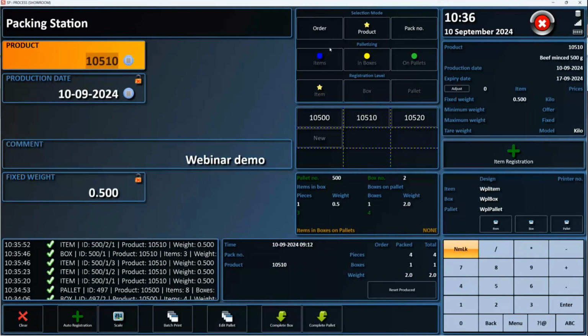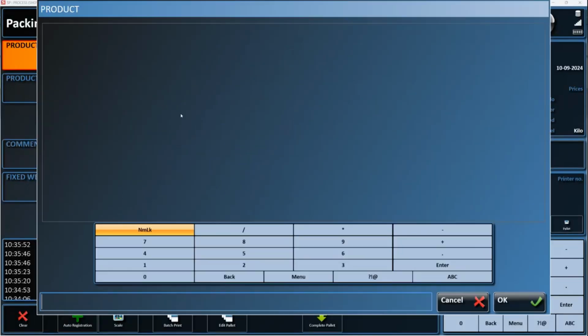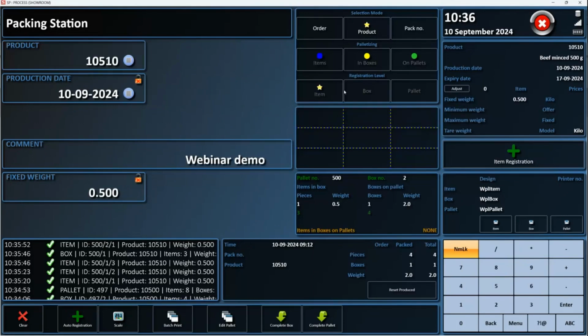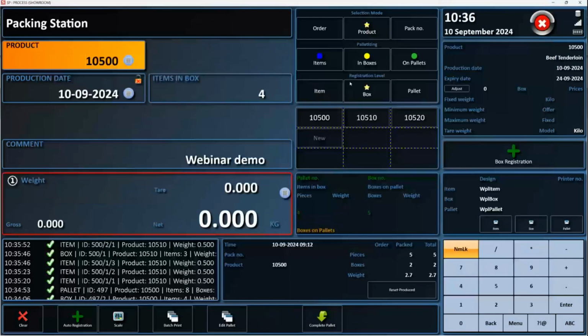Yeah. Then I just select box. And for instance, I want to put 10. Oh, I need to select the product. It's because it's fixed to it. You can set up on the product if it's only allowed to print items. I can select this product.